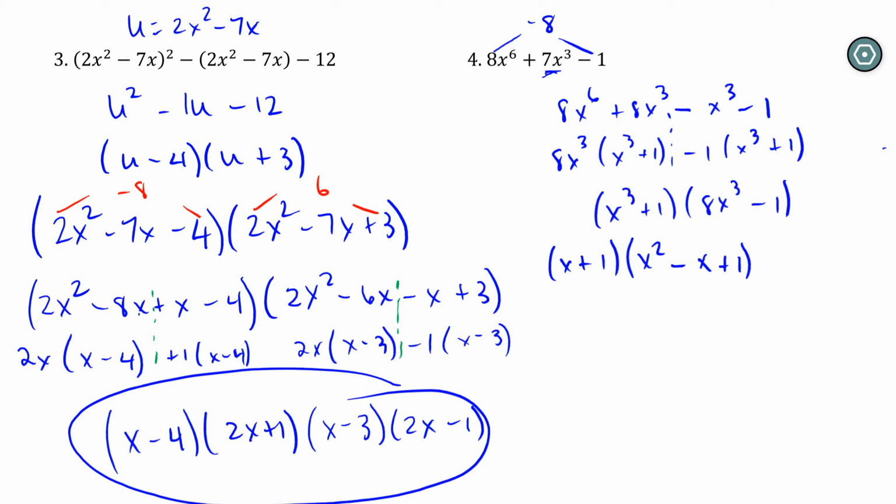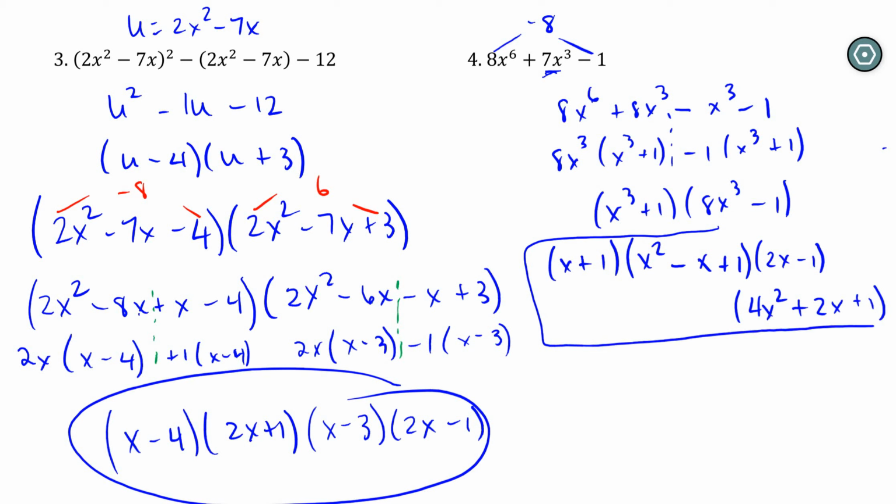8x to the 3rd power minus 1, well, that's going to become 2x minus 1, because 2 times 2 times 2 makes 8. 1 times 1 times 1 makes 1. The second parenthesis there is going to be 2x times itself, so that would be 4x squared, plus 2x times 1 is 2x, plus 1. That's my answer. I will tell you 4 is probably the hardest one there because it's involving